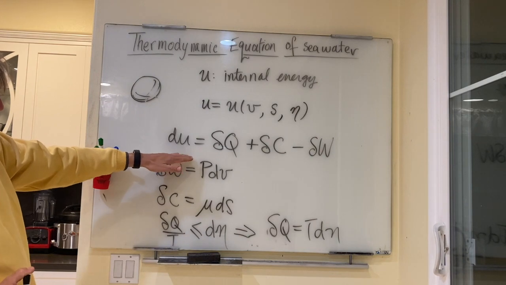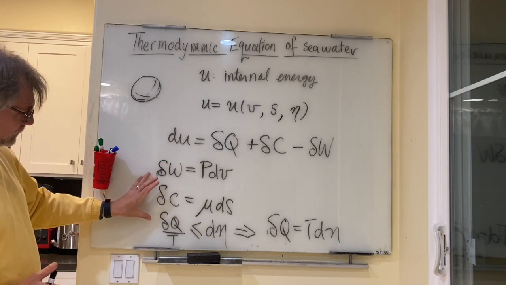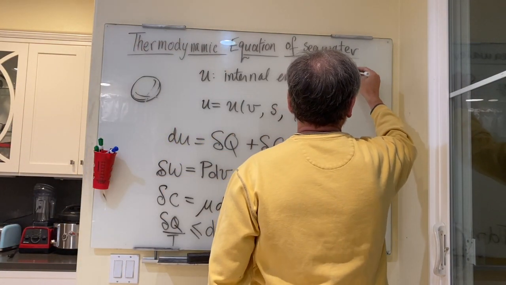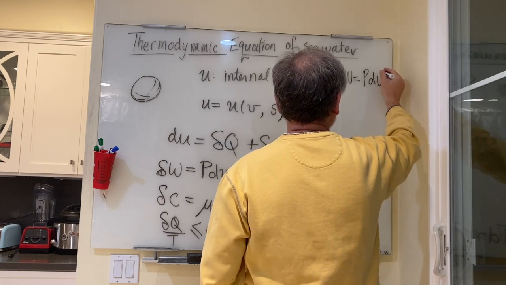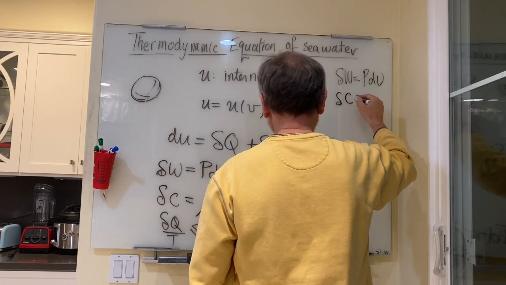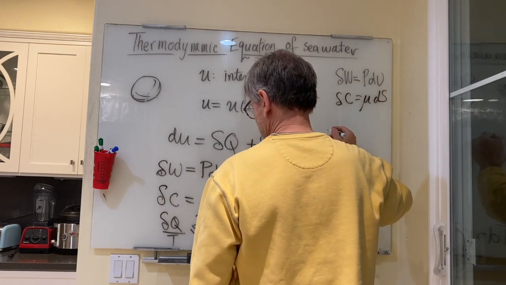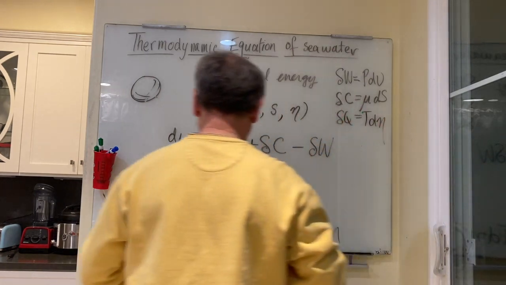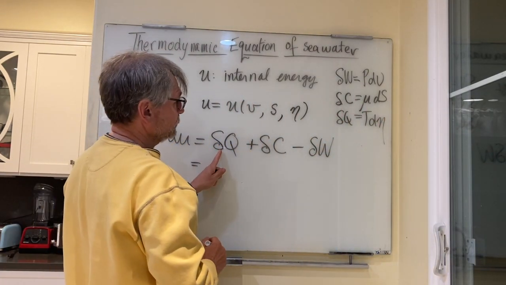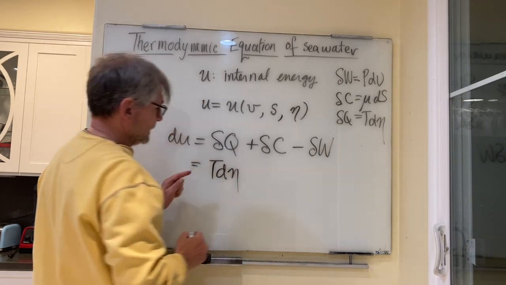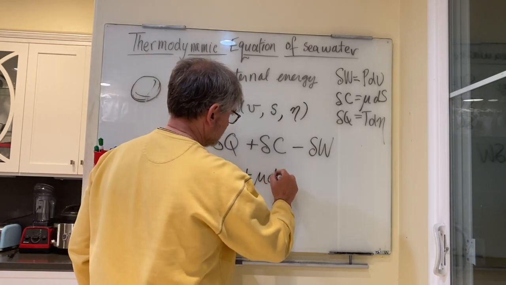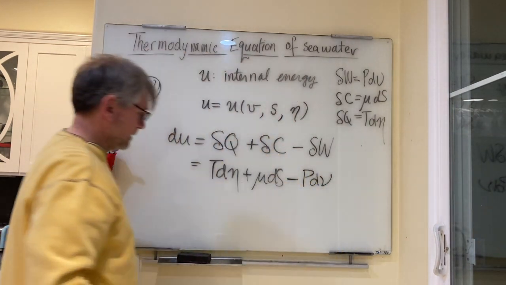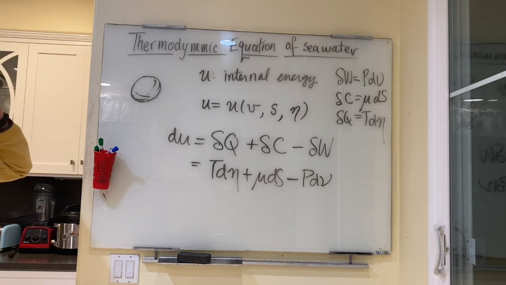Now let's use calculus on this thing. So let's remember these definitions here. I'll write them somewhere. Delta W is P dV. Delta C is mu ds. And delta Q is T d eta. Okay. Delta Q is T d eta. Delta C is mu ds. And minus delta W is minus P dV. All right. So let's now do the